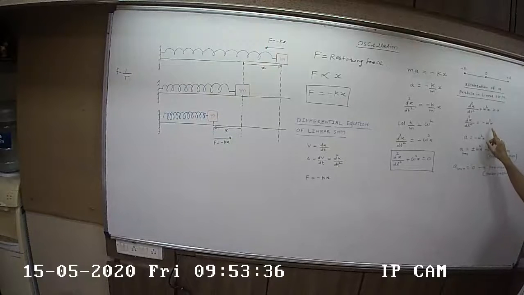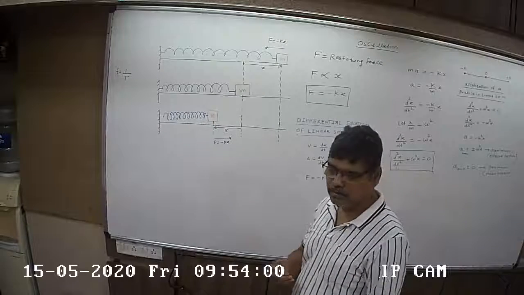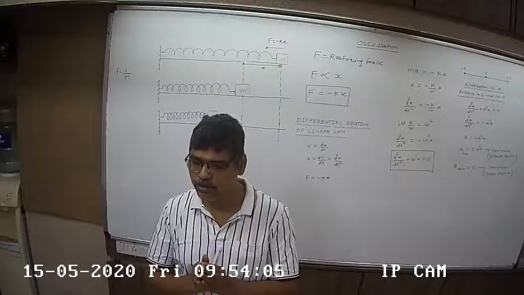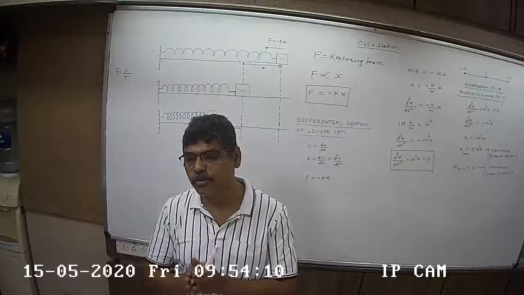So this acceleration is maximum when x is maximum. X का maximum value है amplitude. तो उसका maximum acceleration कितना होगा? Plus minus omega square A. Maximum value है acceleration. This is at the extreme position. And minimum value कितना होगा उसका? Zero. ठीक है? Now we'll talk about velocity. How to get the velocity of a particle performing linear oscillation, followed by the displacement of a particle performing linear oscillation.